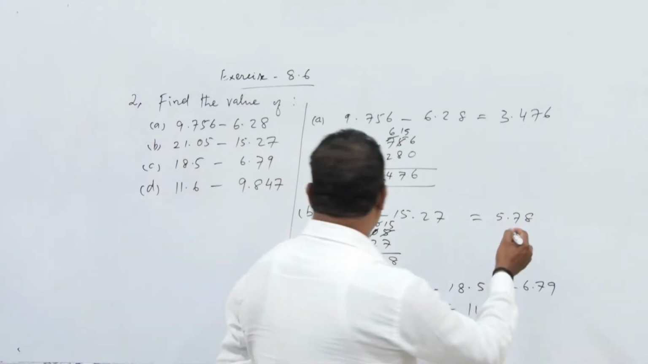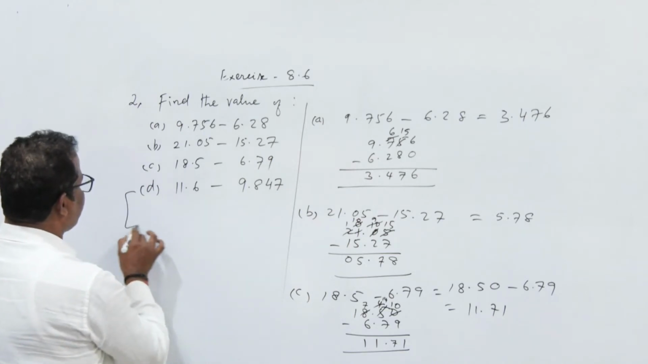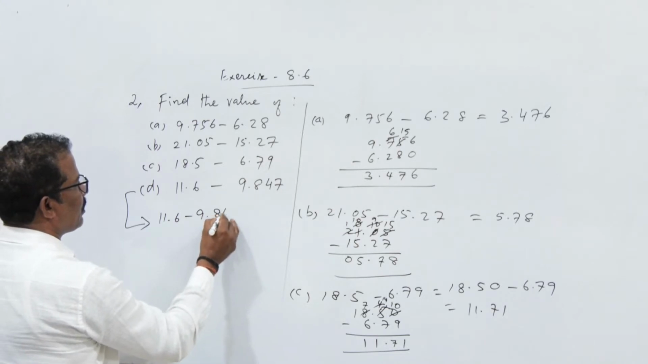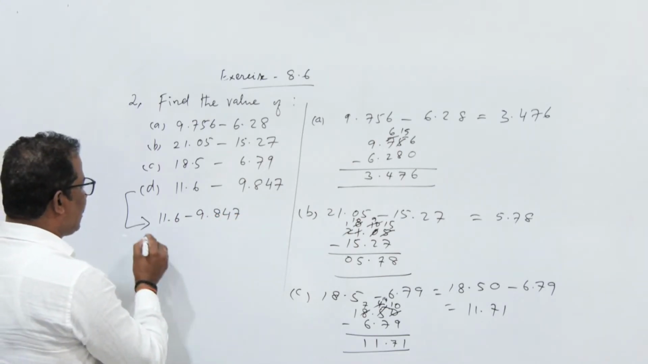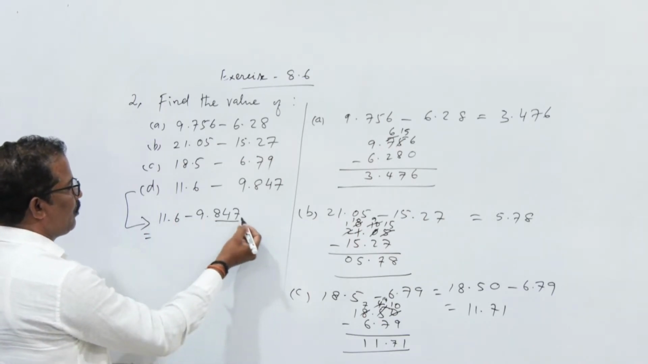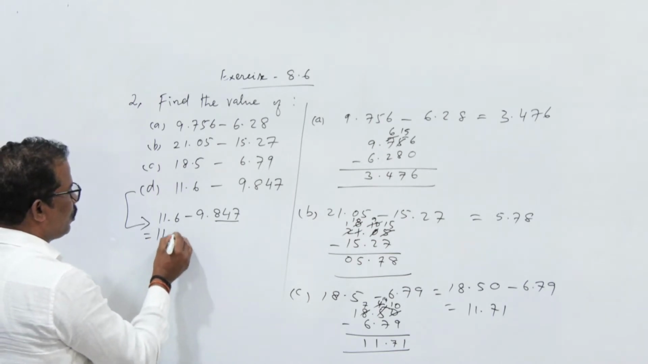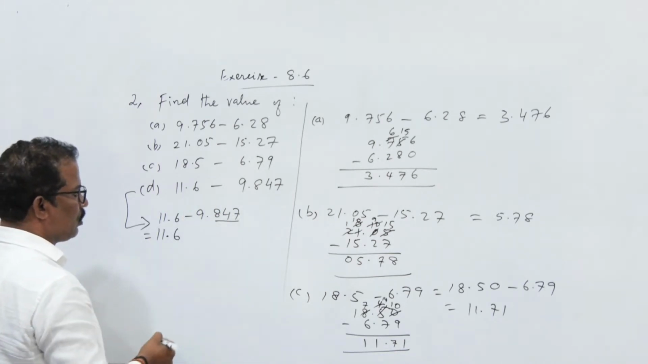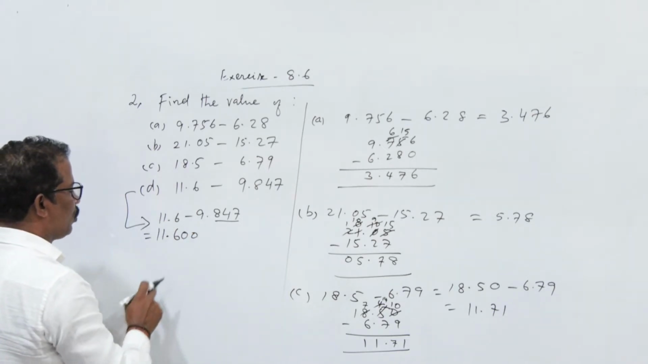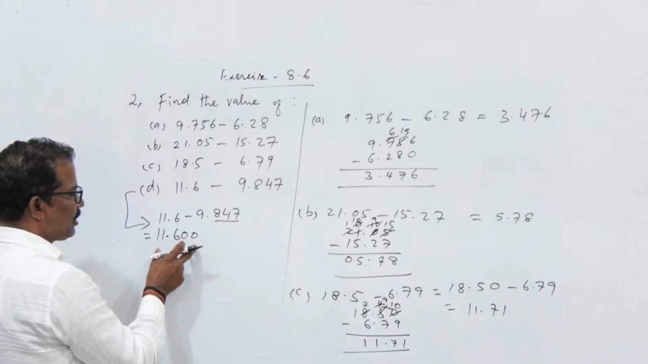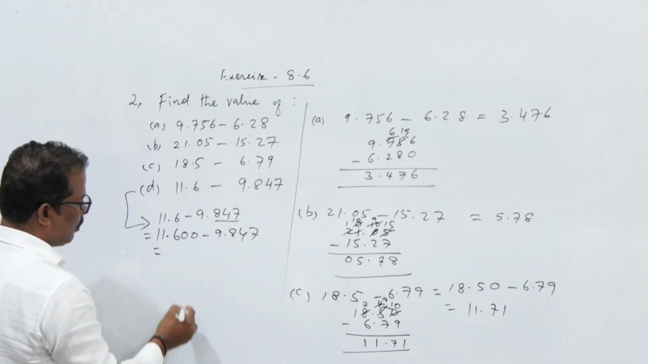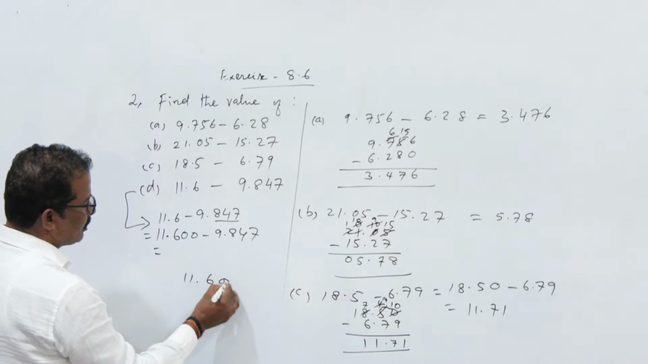Understand? And you can see the last question, that is D1. It is 11.6 minus 9.847. The numbers are not in like decimal form. We have to convert into like decimal because here maximum places are 3 only. Here only one place is there. So we can convert this number also into a 3 places decimal number by adding 2 zeros after the 6. If we add 2 zeros, now this number will become a 3 places decimal number, and minus 9.847. So we can do the subtraction here now. How is it? It is 11.600 and here